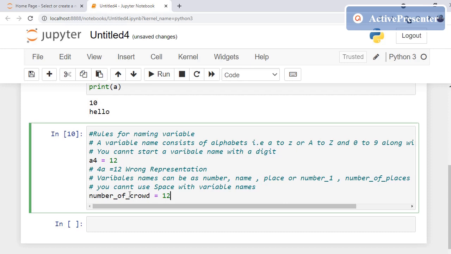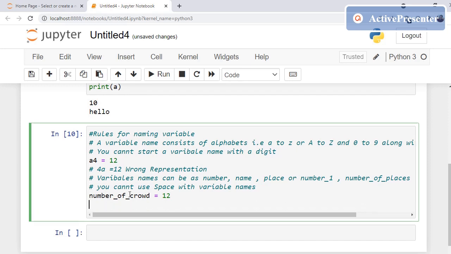Now there are some predefined words which you cannot use as variable names. So I'll write, there are predefined words that cannot be used as variable names.